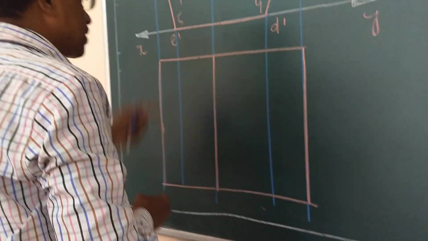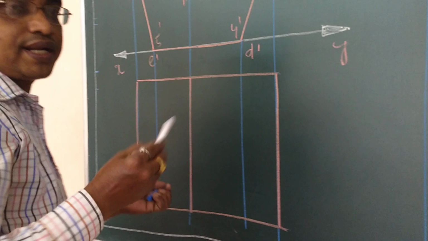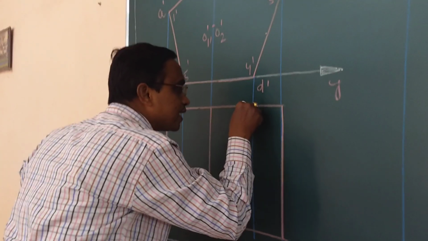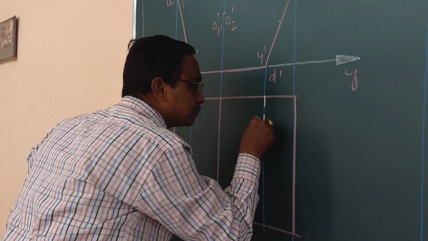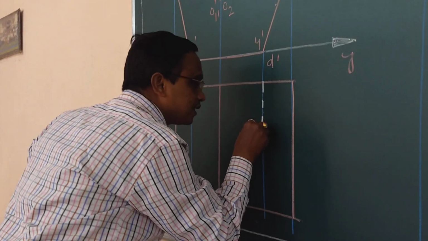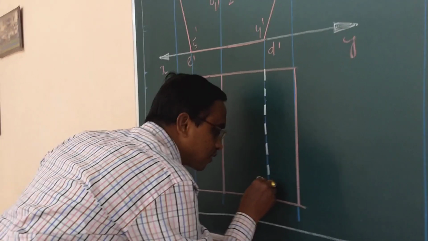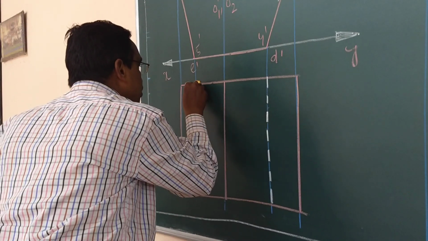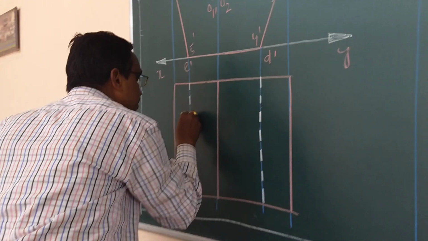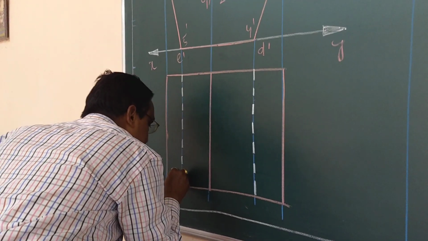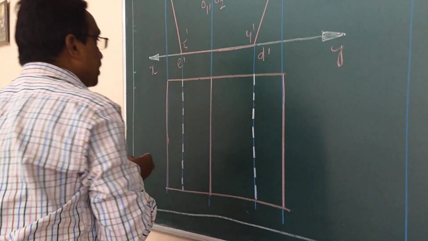Then which are not clearly visible, you draw dotted with pencil: 2 mm line, 2 mm gap, 2 mm line, 2 mm gap, 2 mm line, 2 mm gap, accordingly you draw. Same thing you draw here, 2 mm line, 2 mm gap, that is a dotted line, hidden line or invisible line. And here you mention